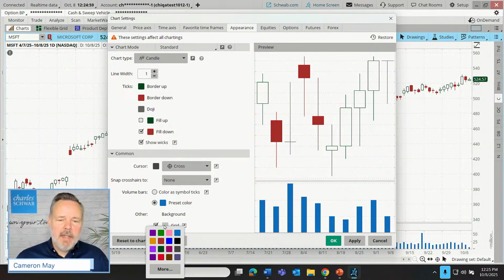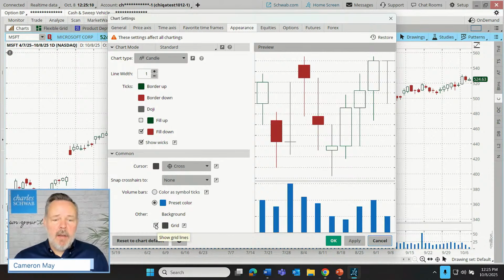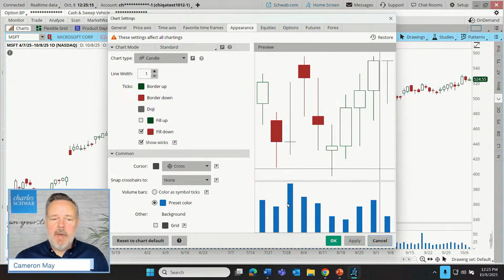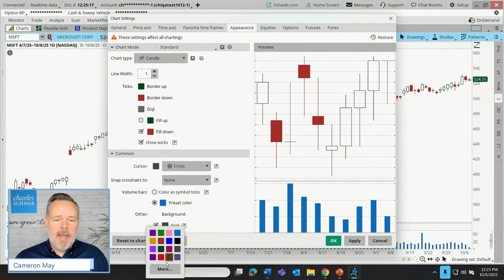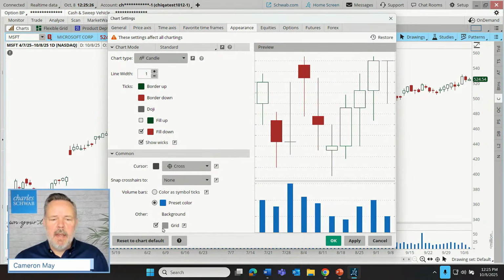We can change the color of that grid, maybe make it darker. You can see that appear in my preview area. As we click apply, you can see now a more prominent grid. Another thing we could do is if we don't want the grid at all, we can just uncheck that grid and apply. And then we just have a nice clean white chart. I'm going to put that grid back on. Let me go to my color palette and do a lighter grid. How about we do something in between? Let's click OK. There we go. That's back to about the grid that I prefer.